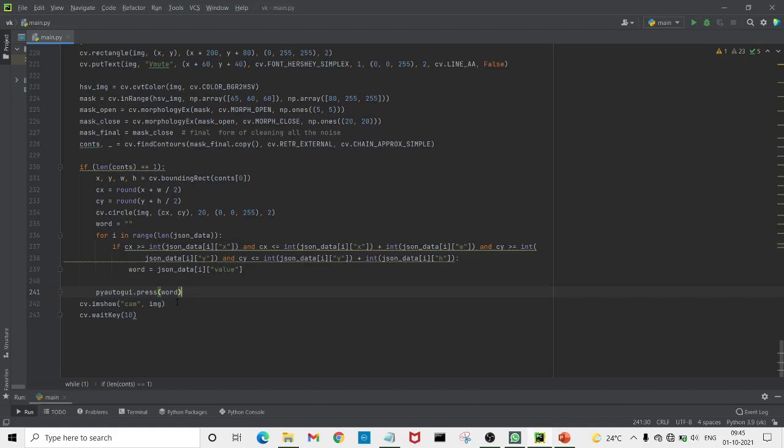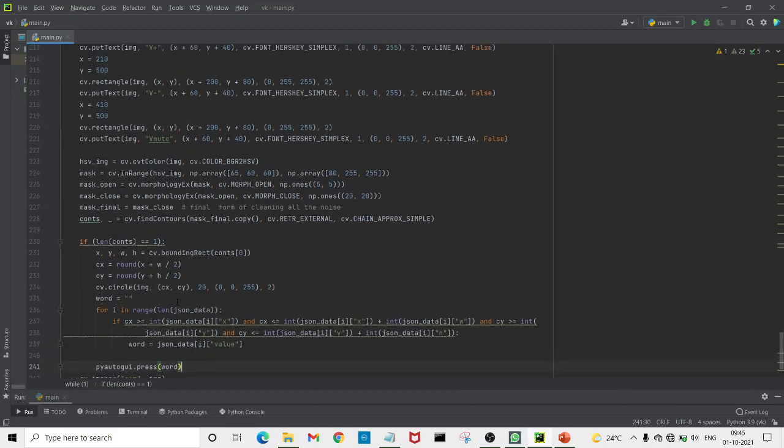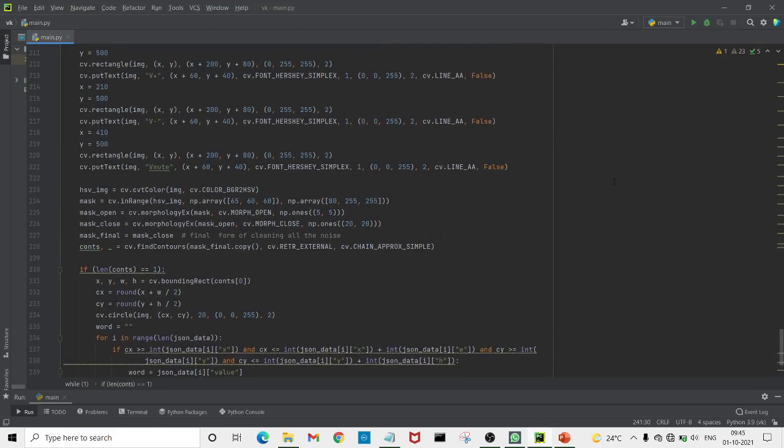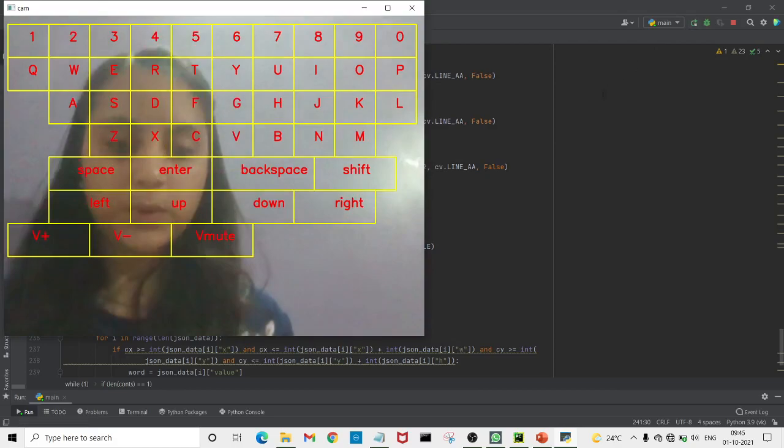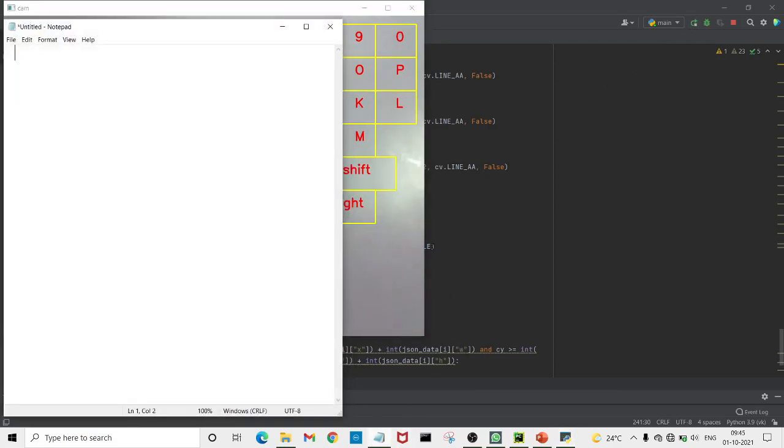I'll just show you a quick demo of how it works. I'll just open a notepad.